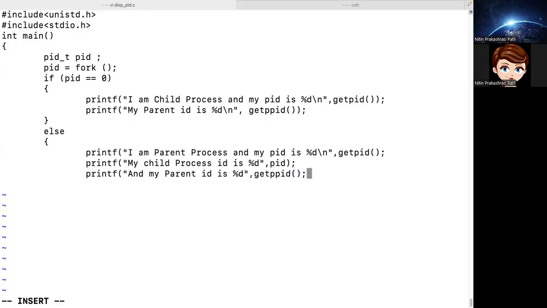Now in the parent we would be printing its PID, its parent's PID and its child's PID. And then we'll write here return 0 and then the code is complete. So now if we save this,